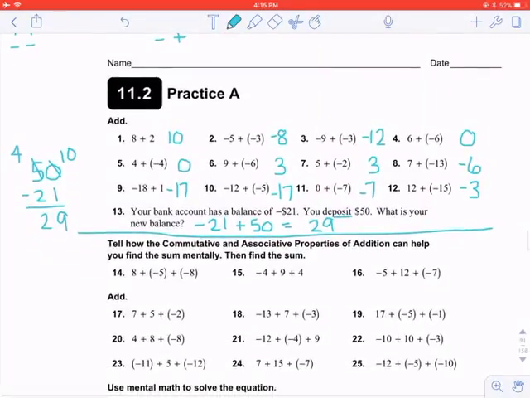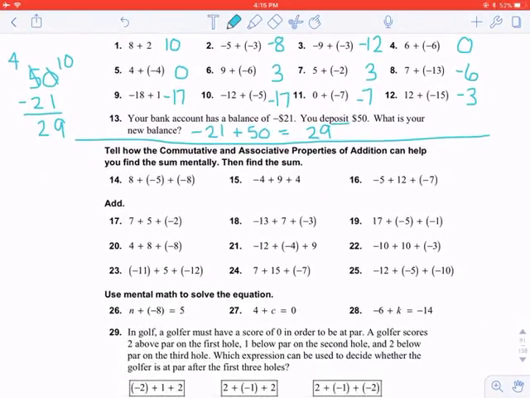I hope you did well in those examples. Let's try some triples. We're going to be ignoring these rules that tell how the commutative and associative properties of addition can help. We're not going to be worried about that, but I'm going to explain what it means because it is a helpful trick. The commutative property